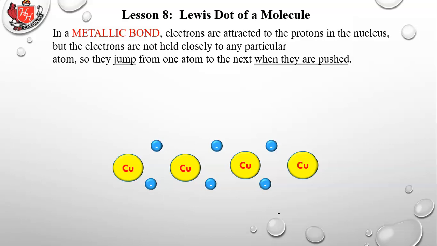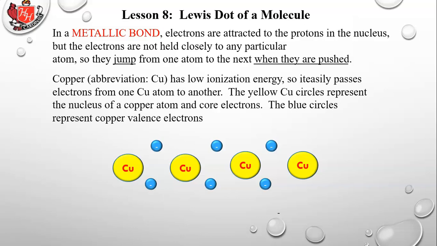They have low ionization energies, but they don't get ionized typically. They do, but in the case of metallic bonds, they don't totally get ionized. They just end up sharing electrons among the entire group of atoms. So electrons are not held closely to any particular atom, so they jump from one atom to the next when they are pushed. So copper, abbreviation Cu, has low ionization energy, so it easily passes electrons from one copper atom